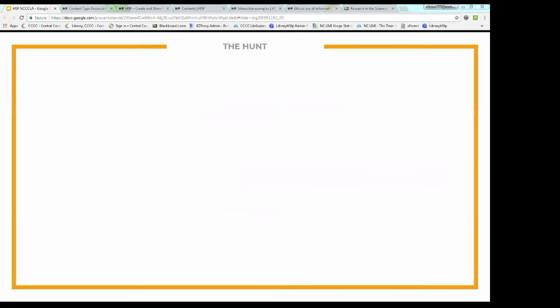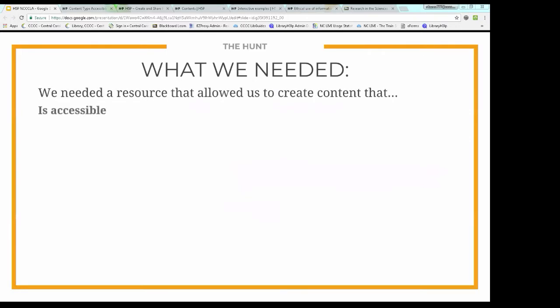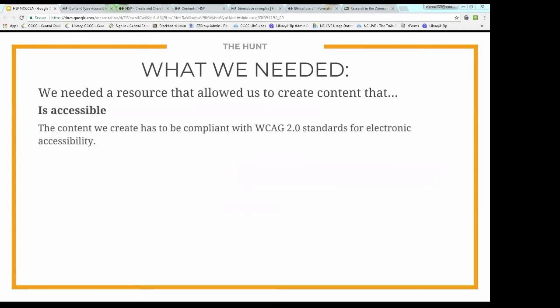We needed this solution to be accessible. Our school takes accessibility very seriously. We need to be compliant with WCAG 2.0 AA standards for electronic accessibility. For those of you that aren't familiar with that, it's similar to the Section 508 federal accessibility requirement, but it's actually more robust, and it means that your program needs to work with things like screen readers, with keyboard navigation. You need to allow your users to resize the content to their liking so that you basically are adapting to anyone's lack of mobility or different ability.